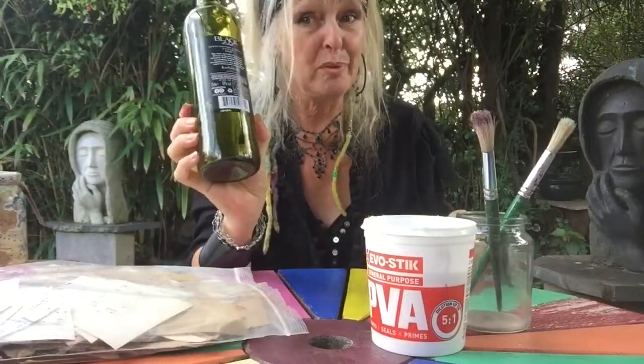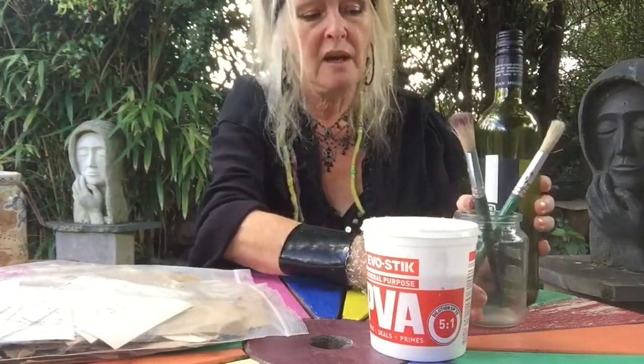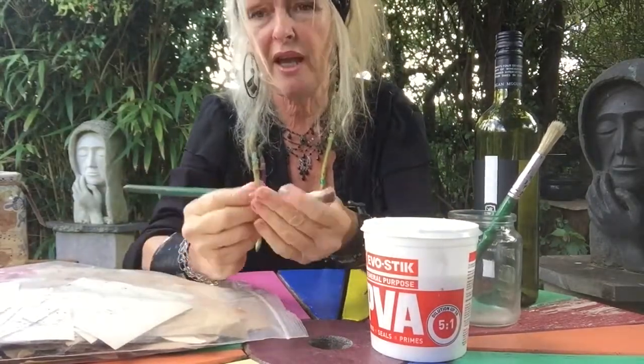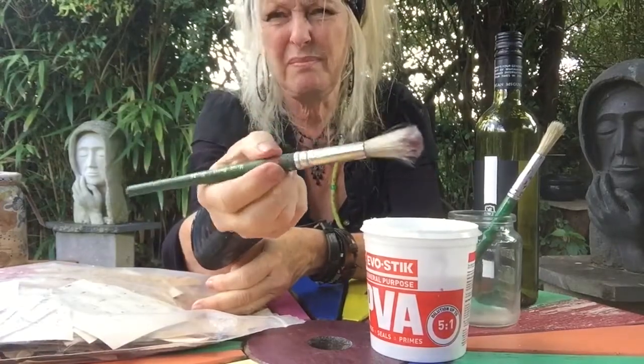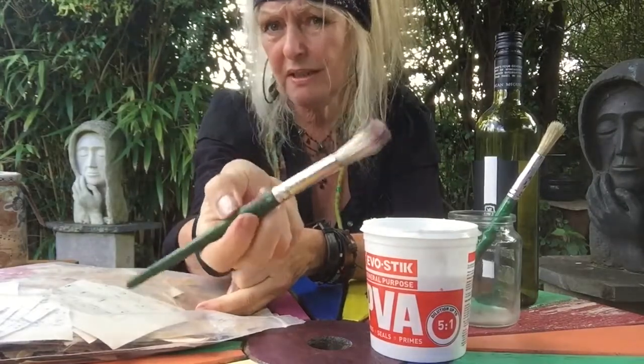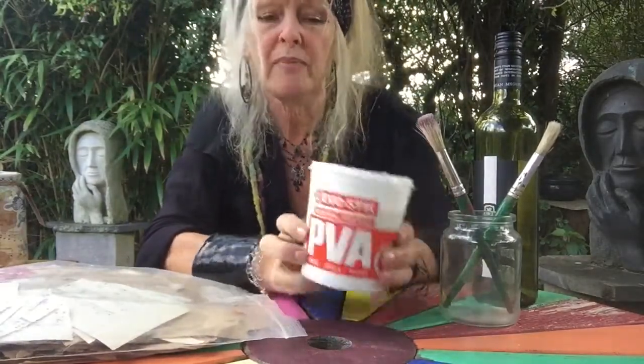Okay, I'm just going to run through some of the materials that you'll need: a wine bottle, or any bottle, or jam jar. You need some brushes, these are really good brushes. They're very cheap, they're hog hair, and you can get them off the internet. I think somewhere like Wilkinson's might sell them, but these are really good brushes because they take a lot of abuse. PVA. Now I'm actually using Builder's PVA. This is an Evo-Stik one. I'm only using this because it's a bit thicker than normal children's PVA,